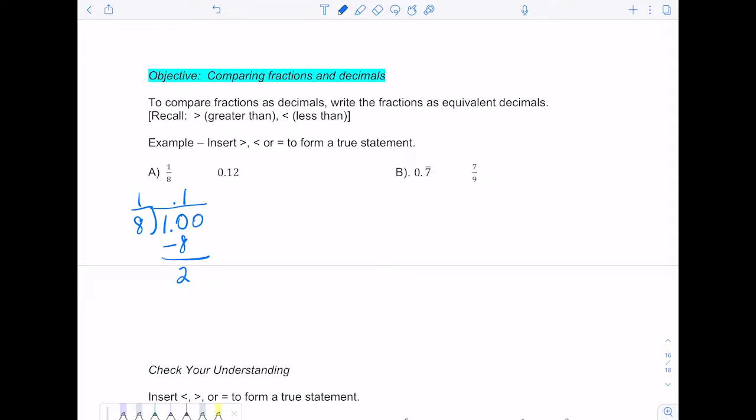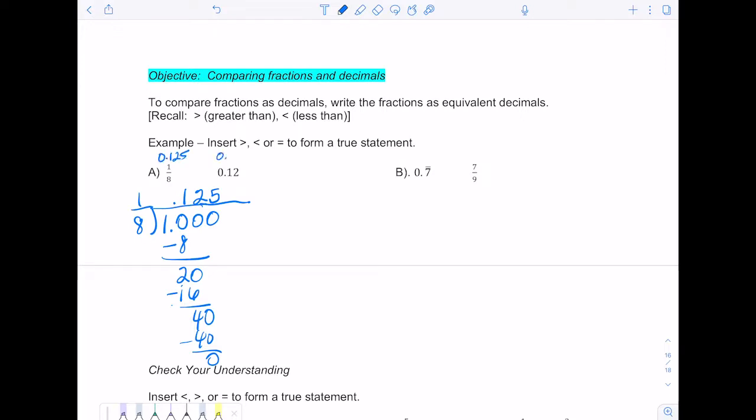And I'm going to add a 0, bring down a 0. 8 into 20 is 2. 2 times 8 gives me 16. We're going to subtract. 20 minus 16 is 4. Add a 0, bring down a 0. And now you know you can divide 8 into 40 an even perfect 5 times. So since 5 times 8 is 40 and there's no remainder, we can stop there. So 1/8 is really